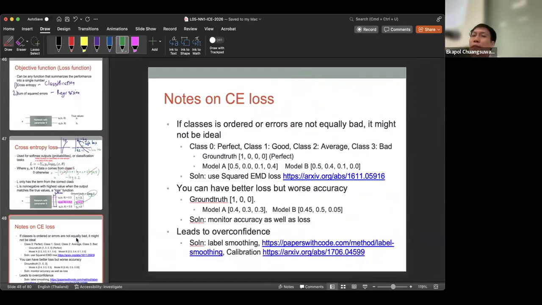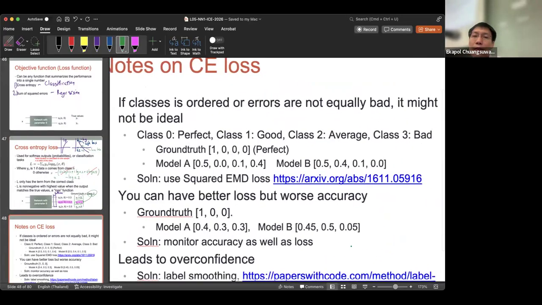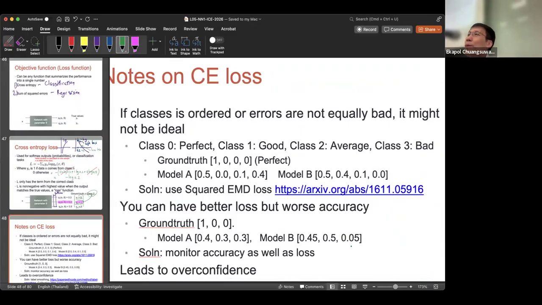Some notes on cross entropy loss. Cross entropy loss treats all errors as equally bad. Any misprediction is equally bad. But in certain cases, your task might not have equally bad outcomes. For example,